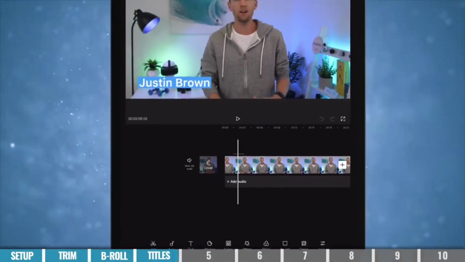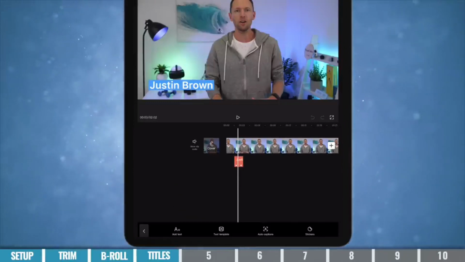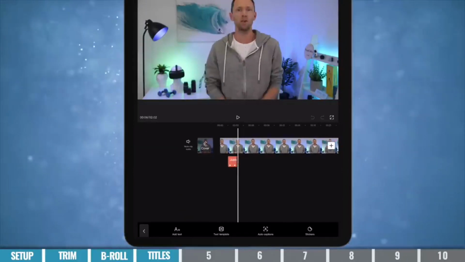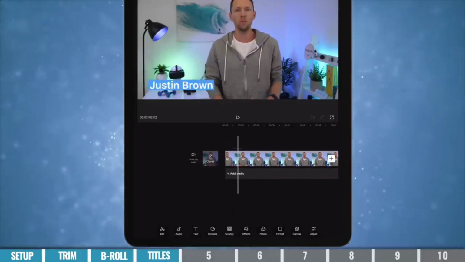And if at any time we want to edit where that is, we can come back to the text area by pressing T down the bottom, and we have access to edit our titles and move them around. So you want to go through and add in any text or titles into your videos at